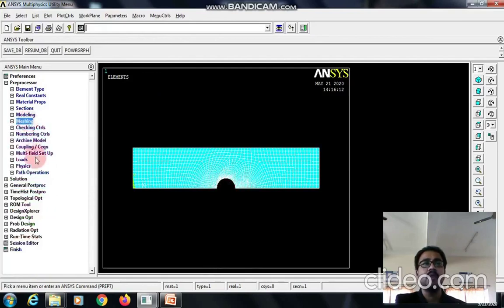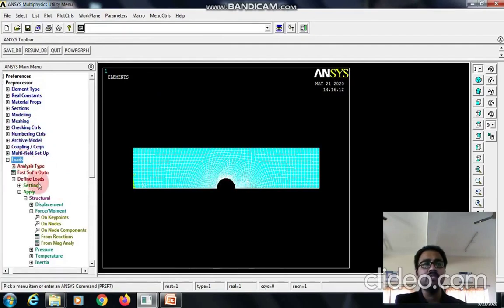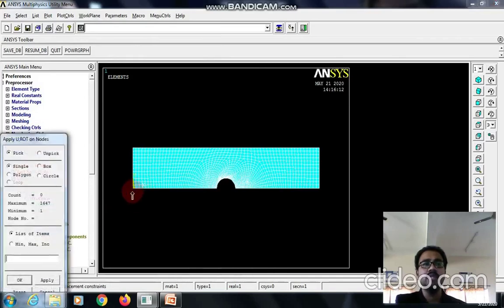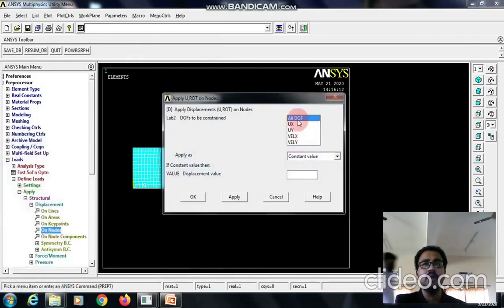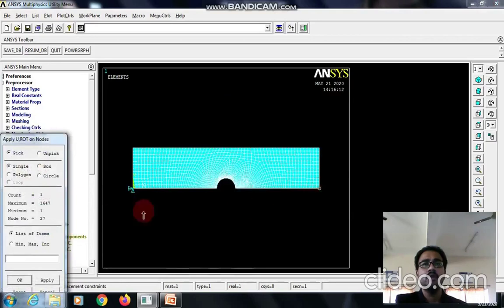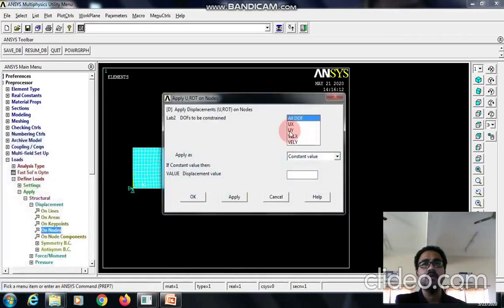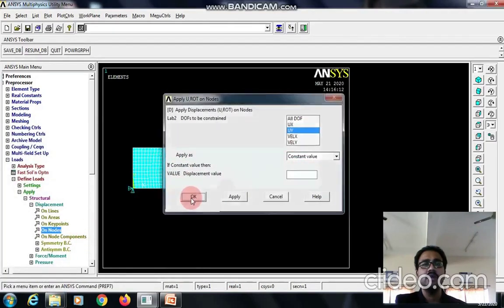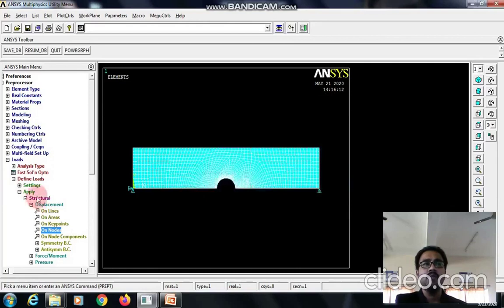Now we can see how the geometry has been discretized into a finite number of elements. Now let me apply the boundary conditions. The boundary condition is structural displacement on nodes. The left node is fixed in all DOF, selecting all DOF, and on the right node a roller support is given, so selecting only the UY direction and clicking OK. Now a point load of 100 Newton is applied.